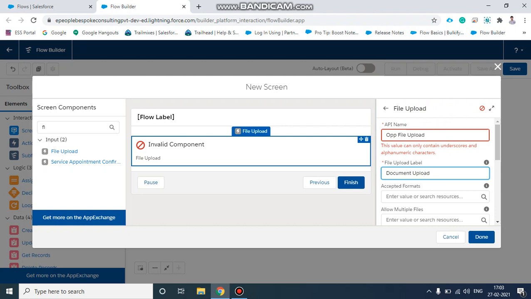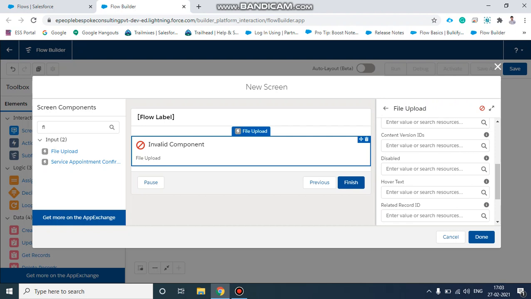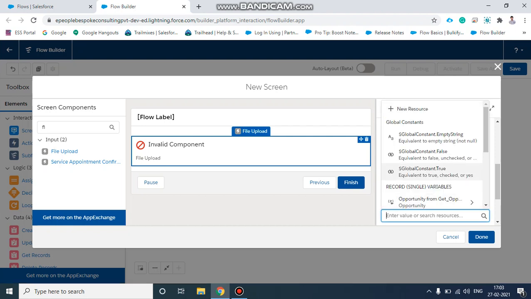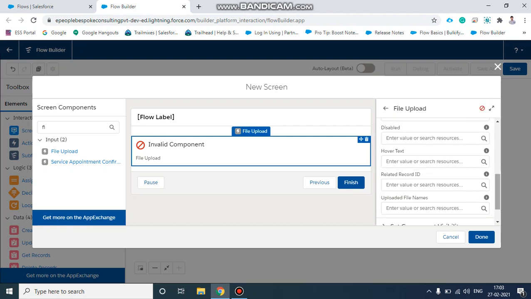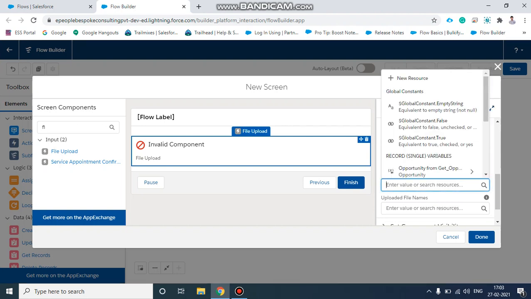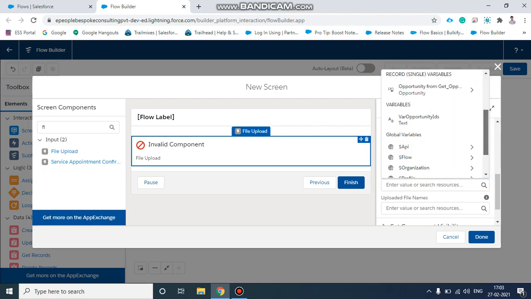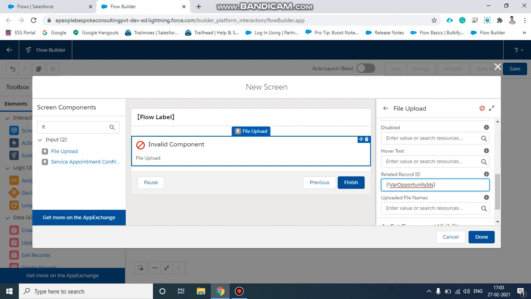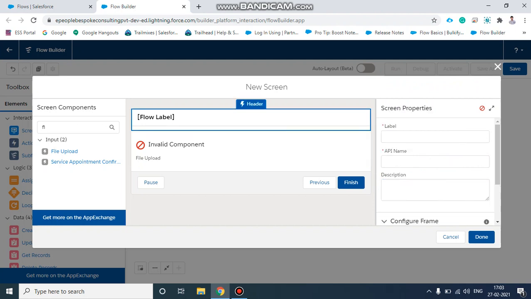Then, in the related record ID, we need to store the variable we created, where we are storing the ID, because that is the record where we are uploading our attachment.